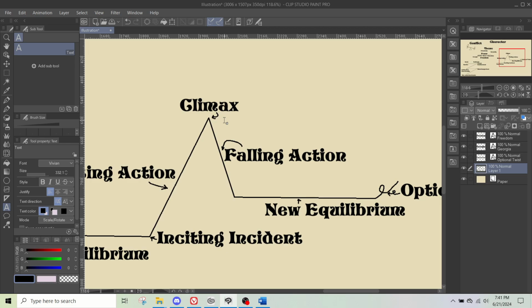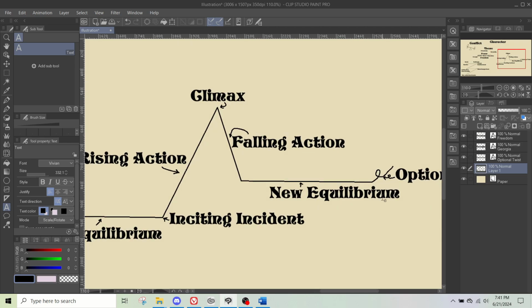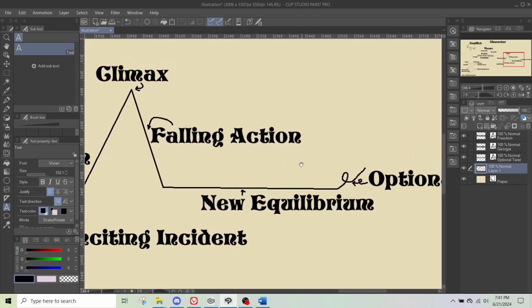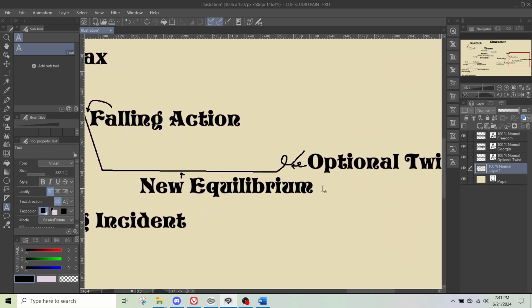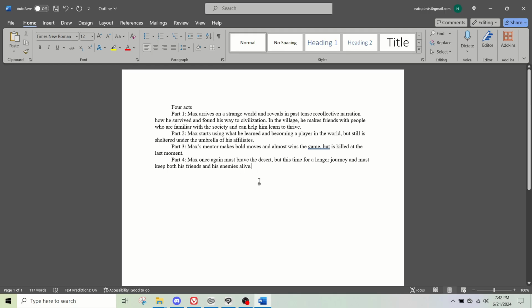But once again, this works not just for the overall book, but also for sections and chapters and individual scenes. And what he's doing in that last section is creating a new equilibrium through the course of the falling action. And then at the end, there's a little bit of a twist. But as you can tell from the fact I called it optional, the twist is optional. When you get this fleshed out enough,